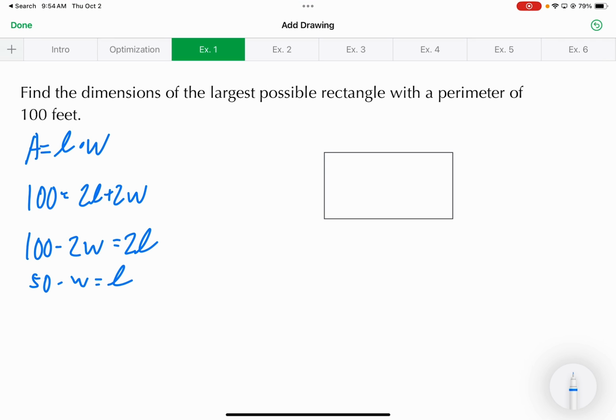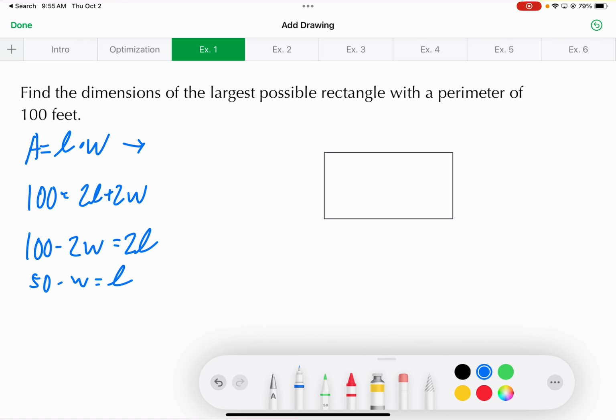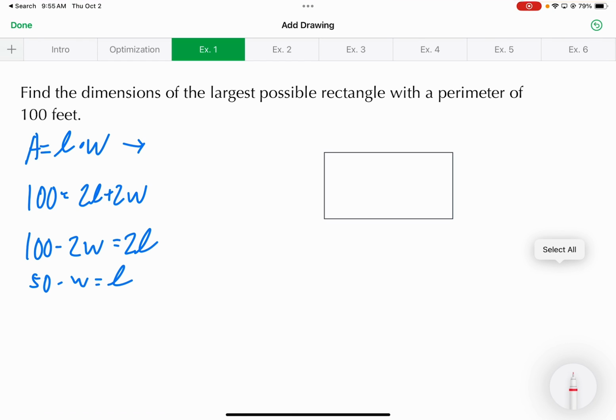Okay, so what I'm going to do is now take that expression and then substitute it in for L into my primary equation. So that'll get everything in terms of one variable, okay? So when I do that, I would have A equals L, which is 50 minus W times W. So that's my new amended area formula. But let's distribute W. So we would get A equals 50W minus W squared. And now that's a good